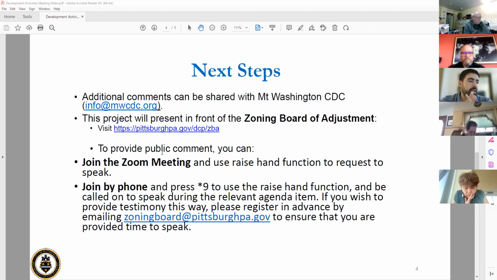You can also reach out to the Zoning Board of Adjustment to provide comment or testimony during the future meeting that the applicant will be presenting in front of them. Their email is zoningboard@pittsburghpa.gov, and you can get on their agenda to provide verbal testimony, or contact them if you'd like to provide written testimony. But do get in touch with them soon if you have written comment, to make sure it gets to them well in advance of that meeting.